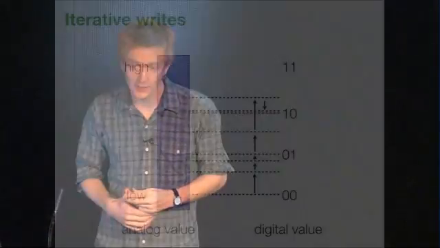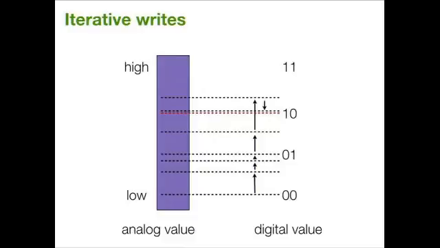The way that this currently works is to use an iterative write process, because each individual step is not accurate enough. If you want to write a resistance to a multi-level PCM cell, you have to heat up a material and cool it down in such a way that it converges on the correct resistance. And it's not possible to do that in a completely accurate way. You can't just do that in one shot and hope that you get the right answer every single time. People haven't built something that accurate.